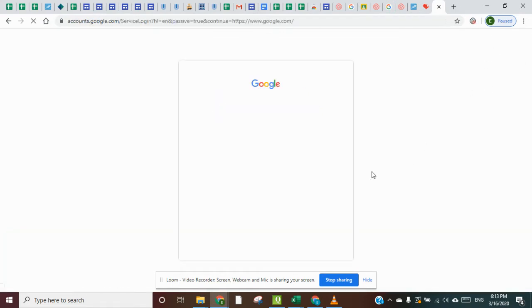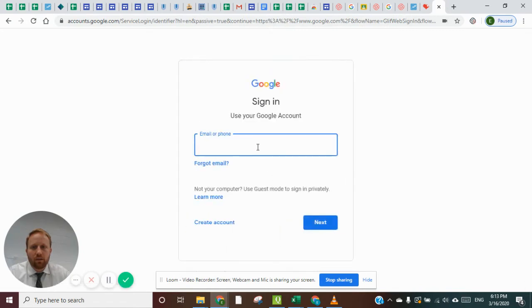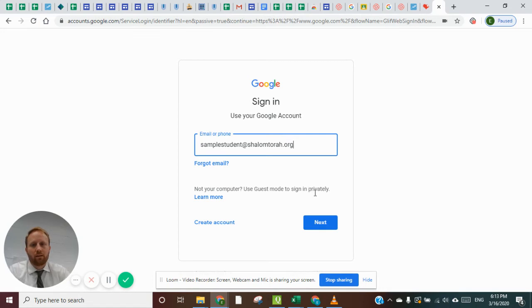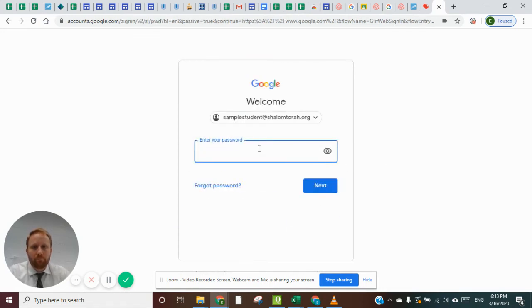where they will click to sign in to their email address. Now, every student's email address has been set up with their first name, last name at shalomtorah.org. So, for the purposes of this tutorial, I am logging in as sample student. I'm sample student at shalomtorah.org. You'll click next. And the password for everyone is student1234. Take a look, student, capital S,